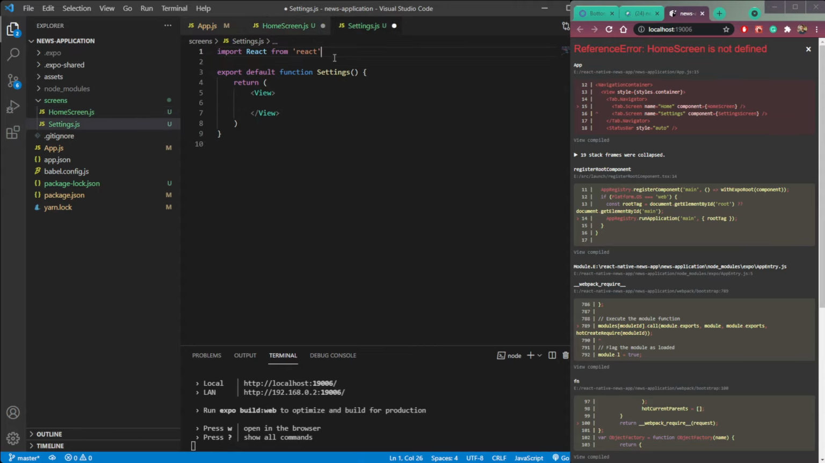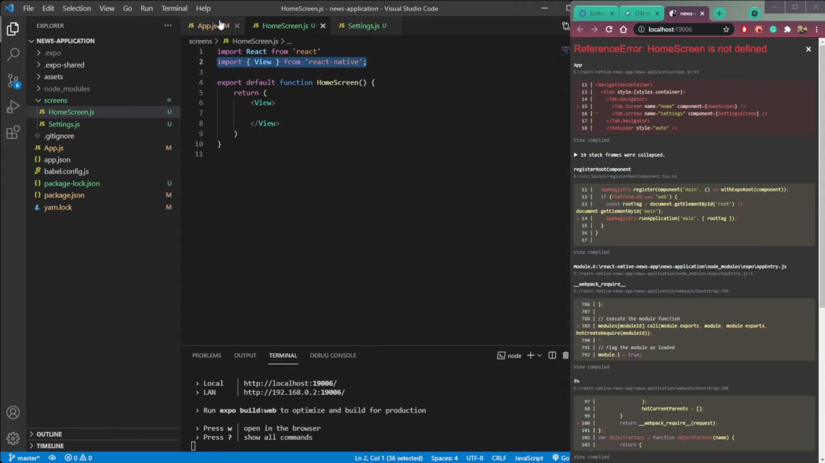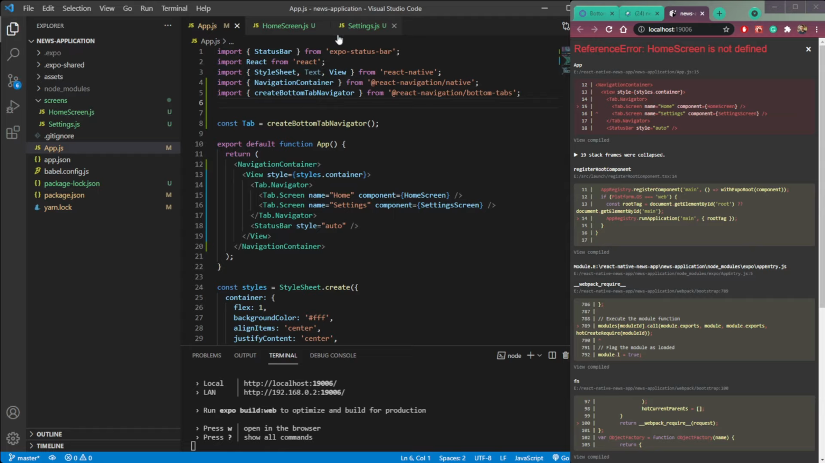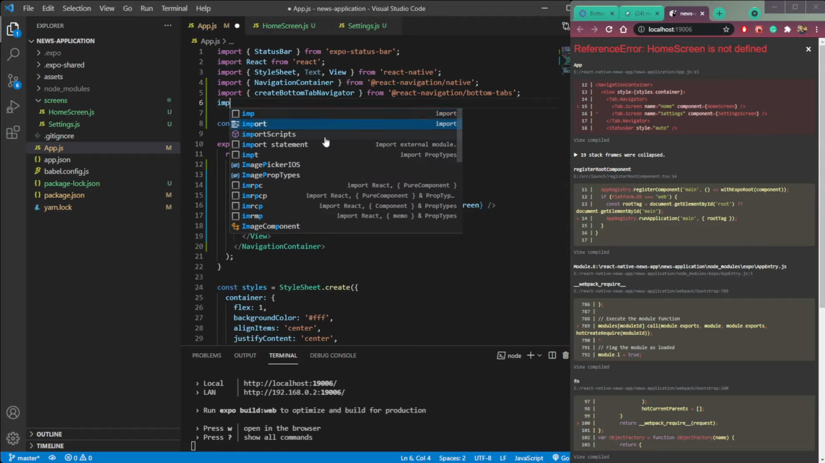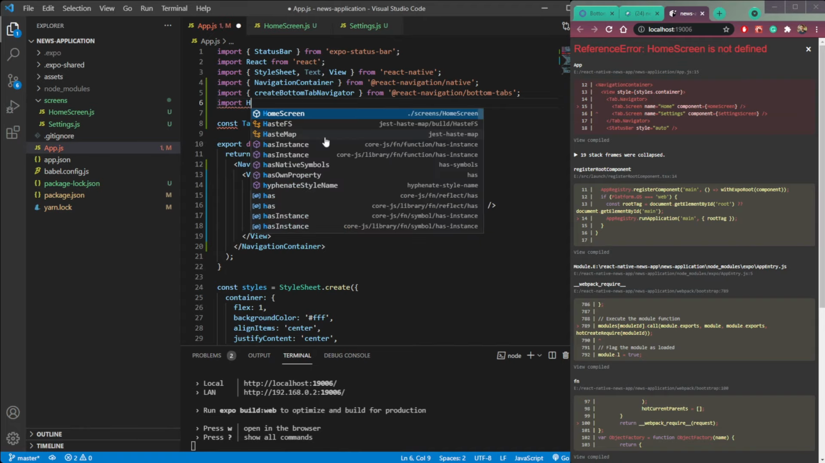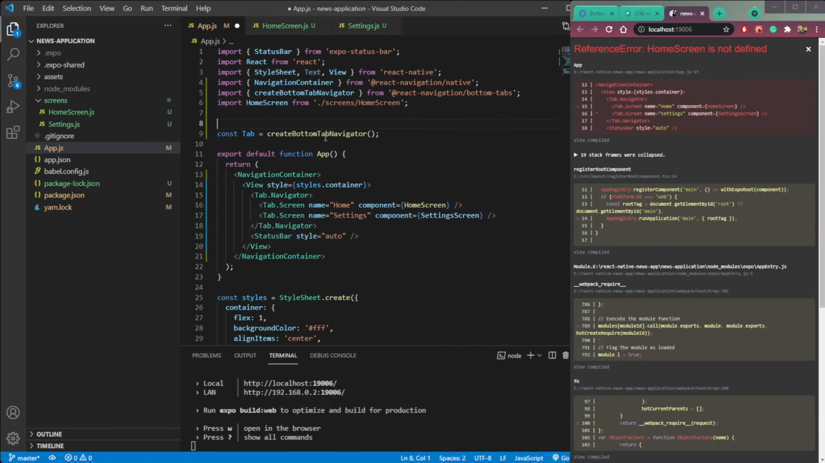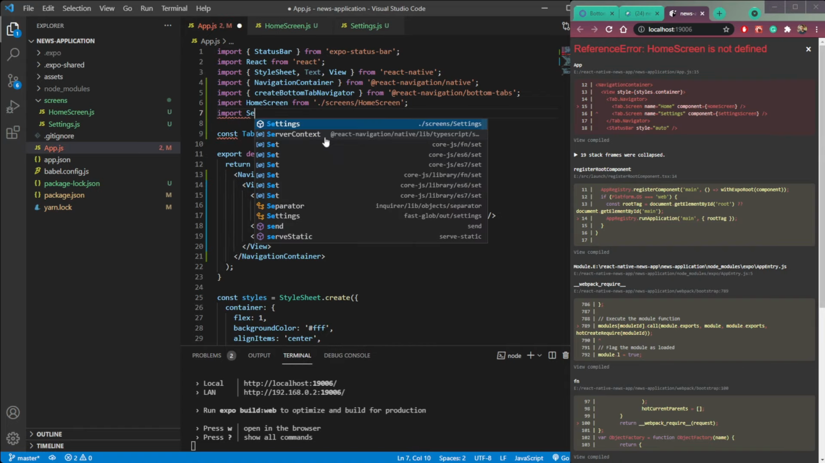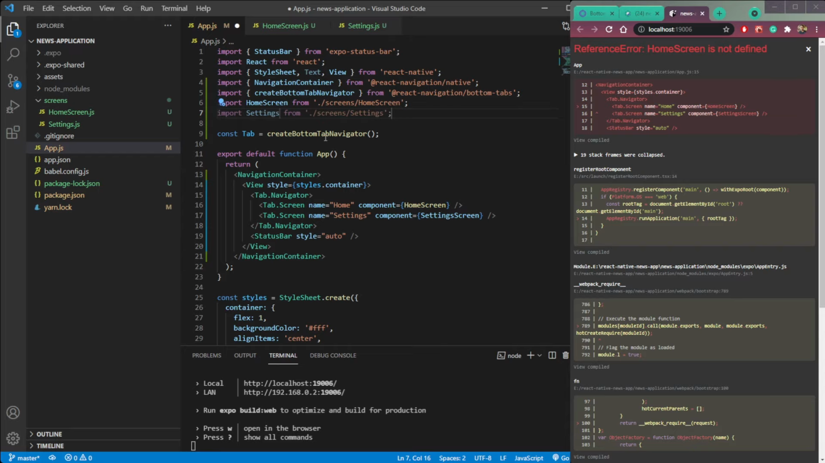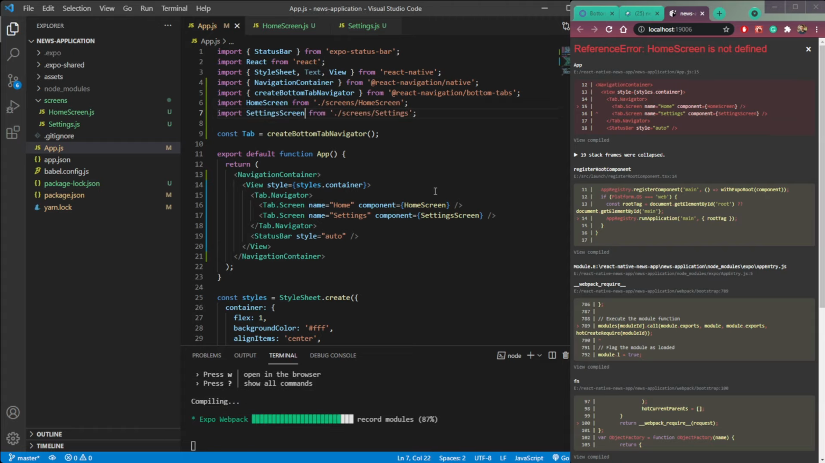Similarly, paste it here. Save both the files. And now let's import these two files in our main app.js file. So import home screen from setting screen home screen, then import settings from screen settings. But we have settings screens here, so replace it. Save the file,